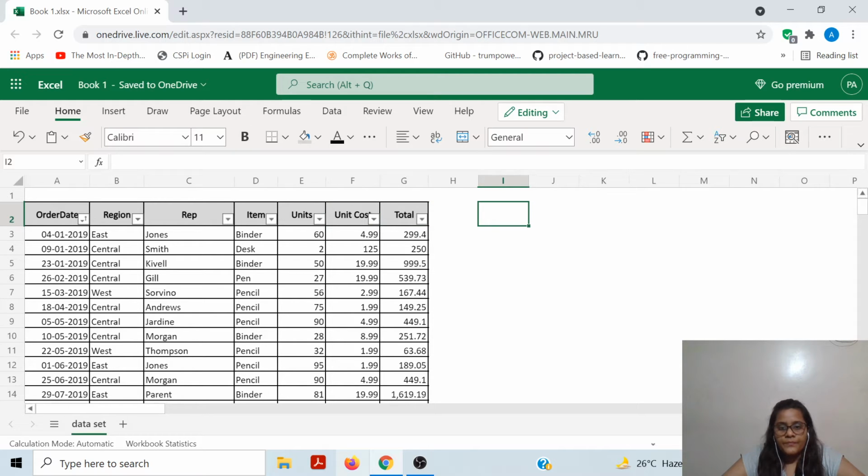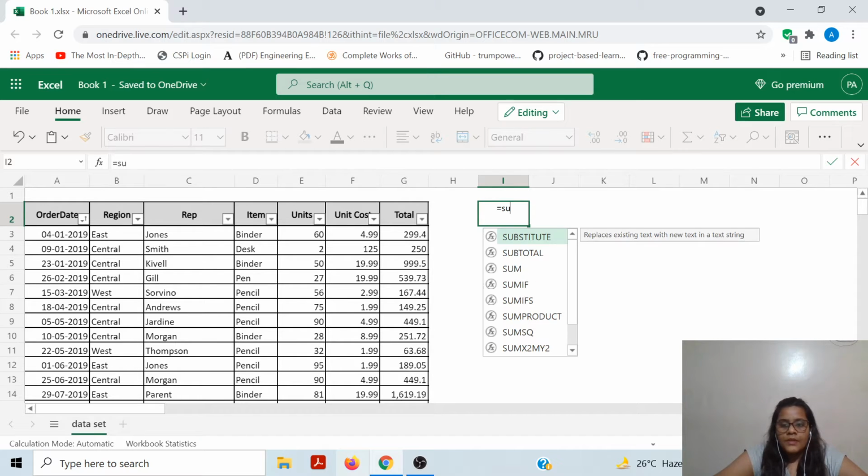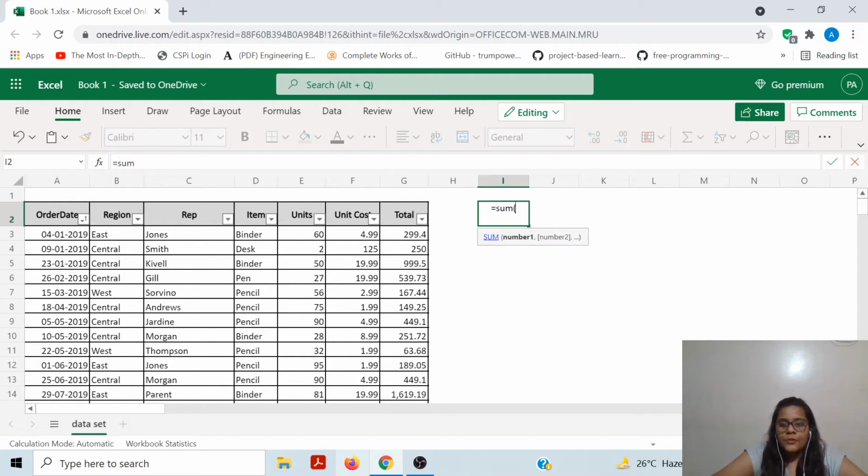Now, suppose we want to know how much sales was made during the entire year. Then we can use the SUM formula. So how do we use it? Any formula in Excel begins with an equal to sign. So equal to SUM, then we put an open bracket,